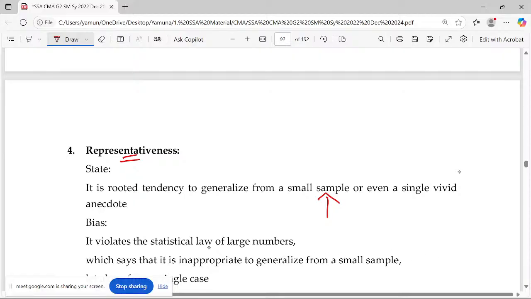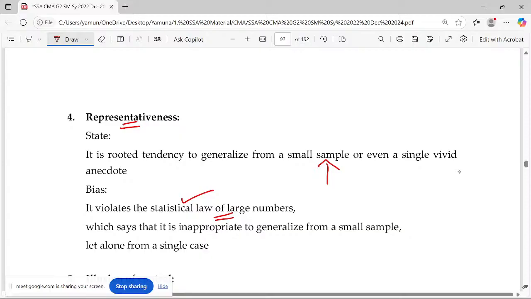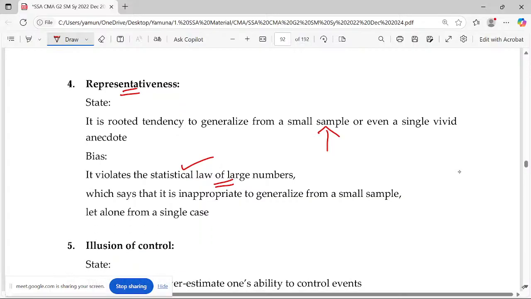Okay. Sometimes we have to violate the large number statistical laws, because when we talk about statistical law, we have to talk about a large amount of data. Your sample size should not be too small and should not be too large. If it is too small, you will not get a good representative. If it is too large, and it is coming as a failure, then it totally goes away. So that's a bias. It will not give you a proper one. So it will go improper.